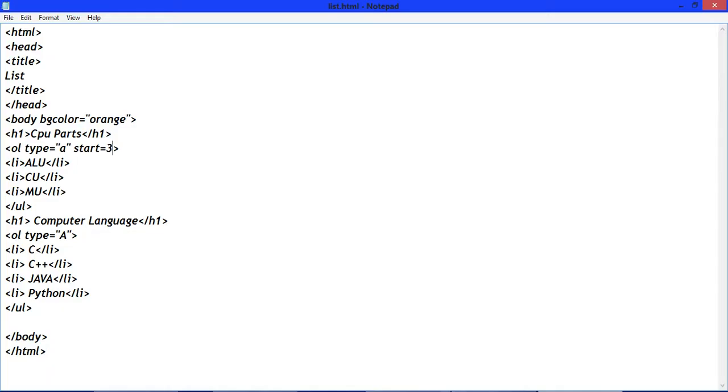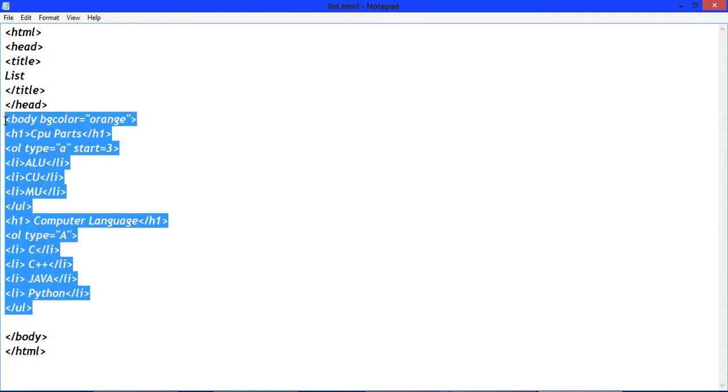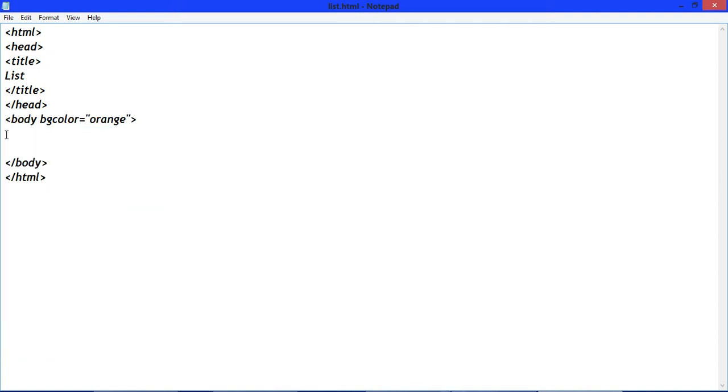Okay, now remove it and write here, first DL, then write DT and write HTML.